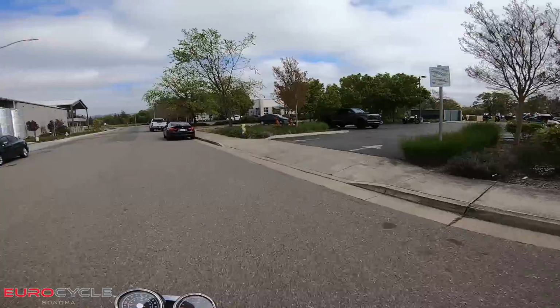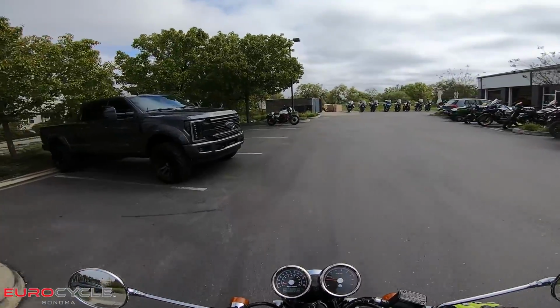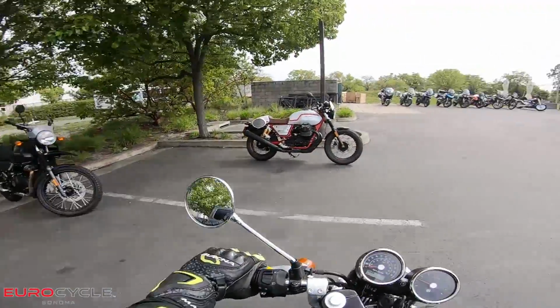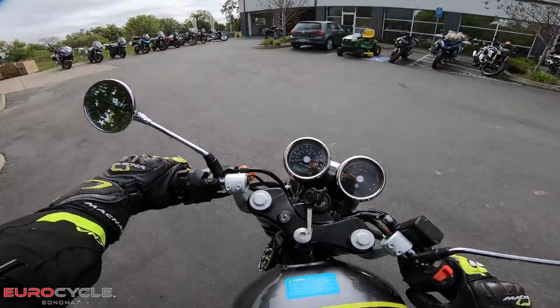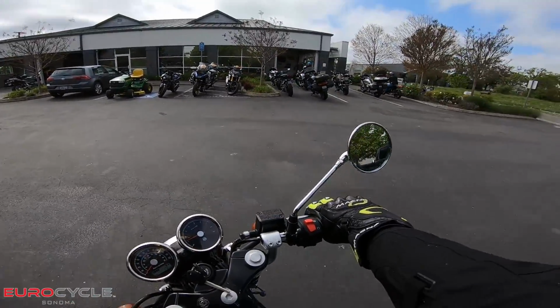The next up is the Himalayan, and the Himalayan's a completely different bike. There she is right there. But you guys will have to stay tuned. Let's take one quick final look